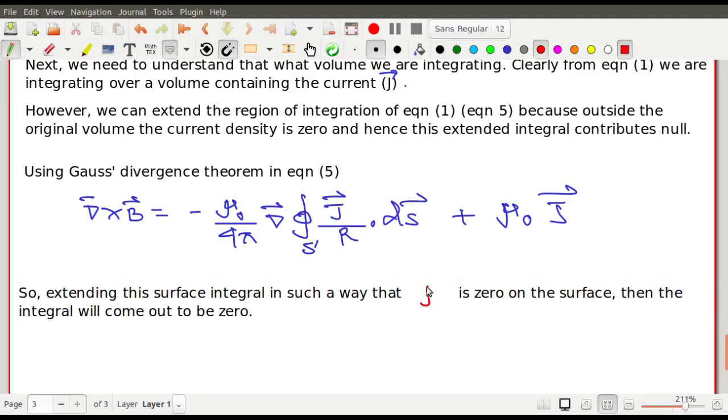So this is the j vector. So extending this surface integral in such a way that j vector is 0, because you see that j vector,